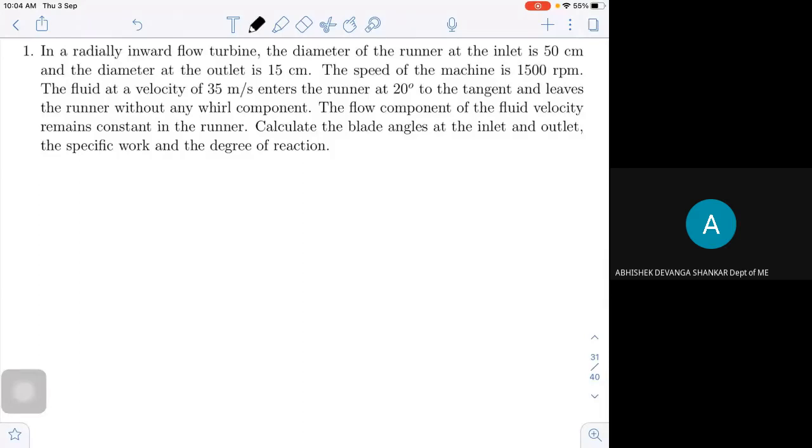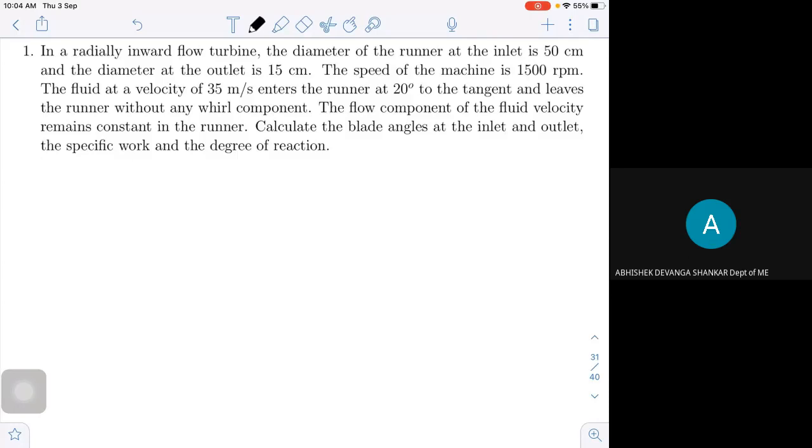In a radially inward flow turbine, the diameter of the runner at the inlet is 50 centimeters and the diameter at the outlet is 15 centimeters. The speed of the machine is 1500 rpm. The fluid at a velocity of 35 meters per second enters the runner at 20 degrees to the tangent and